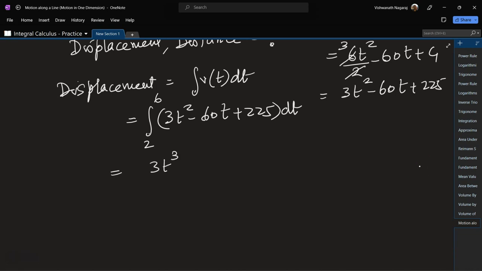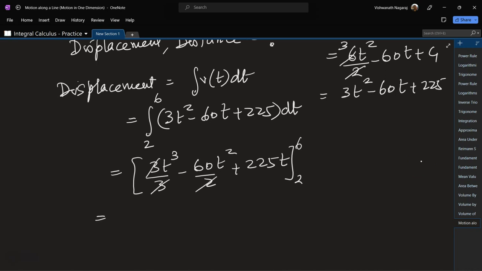We get 3t cube by 3 minus 60t square by 2 plus 225t in the interval 2 to 6. Okay, so 3 cancels, 2 30s. Now let's evaluate this. We get 6 cube is 216 minus 36 times 3 is 1080 plus 225 times 6 is 1350